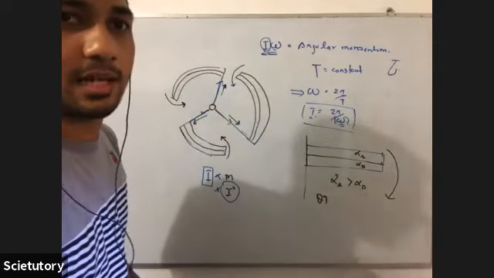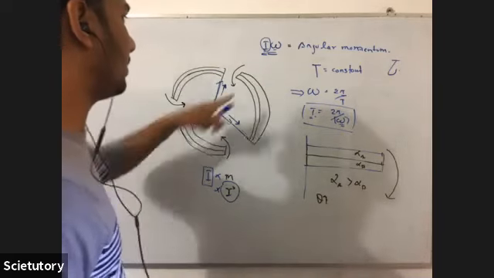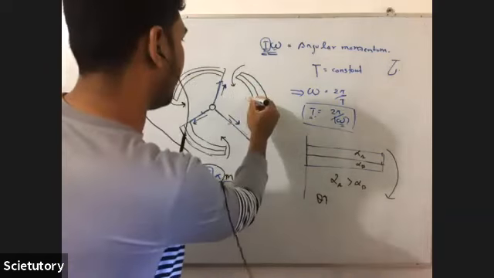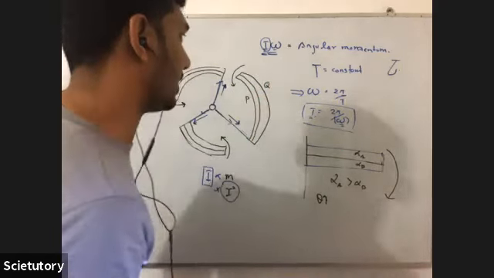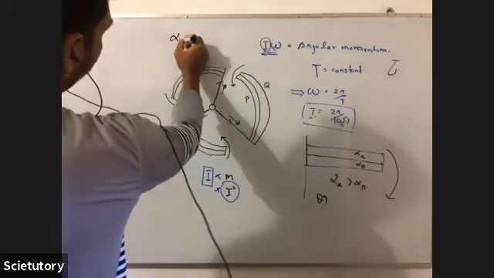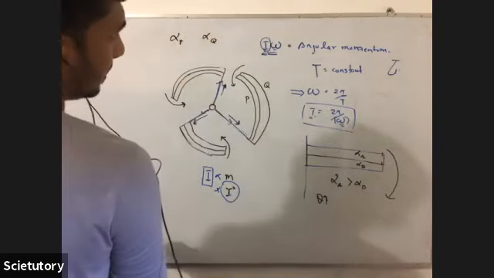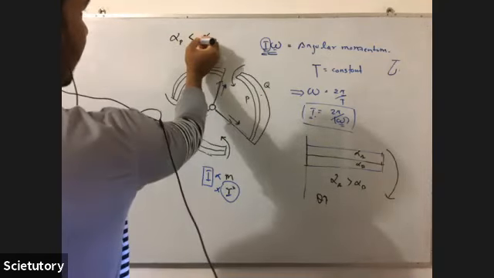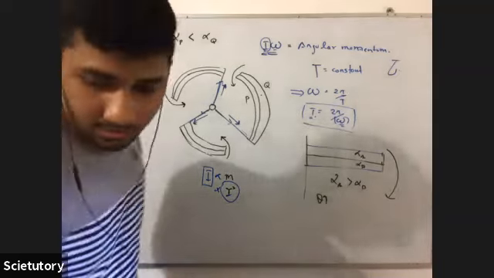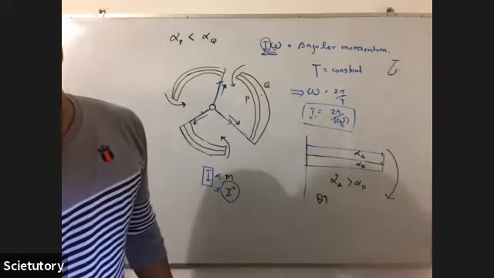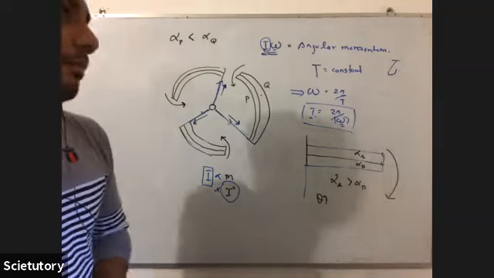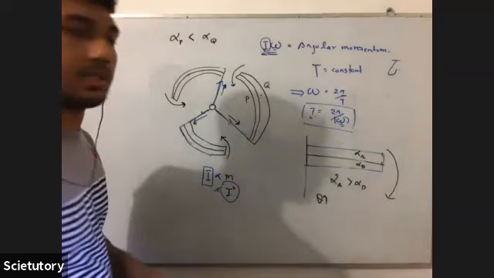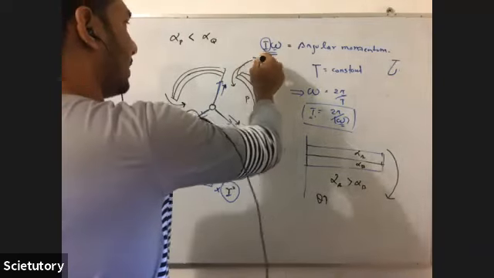Can you understand? So what can you tell about the linear expansivities of P and Q? P is inwards and Q is outside. So what can you tell about alpha P and alpha Q? It should bend inwards. Alpha Q should be greater than alpha P. What are they telling here? Linear expansivity of metal P should be greater than that of metal Q. So if P is greater, what will happen? It will bend outwards, no?